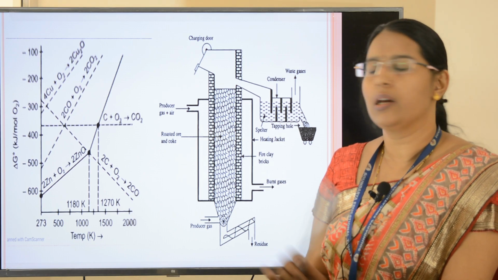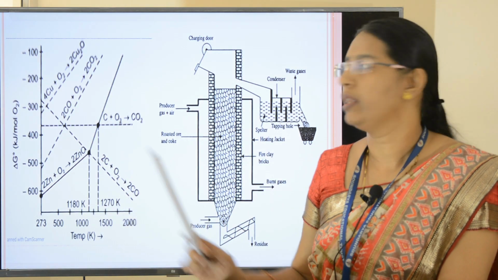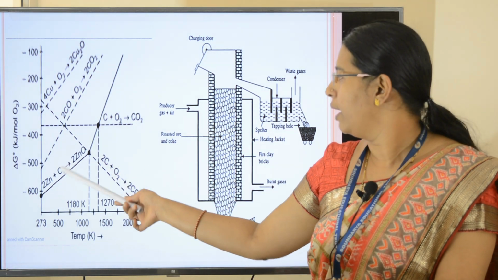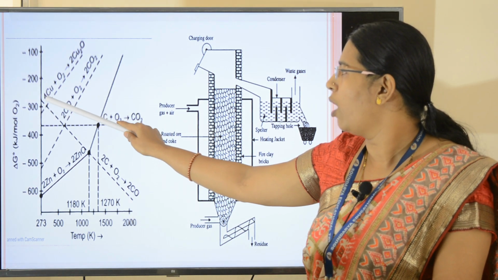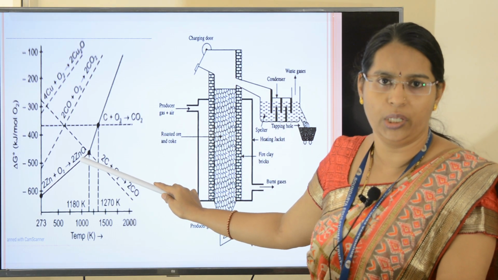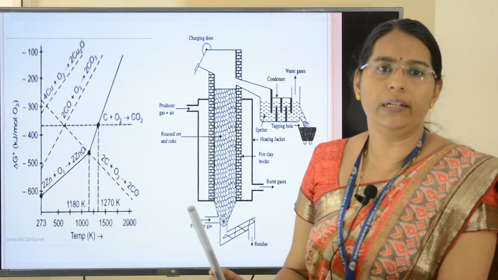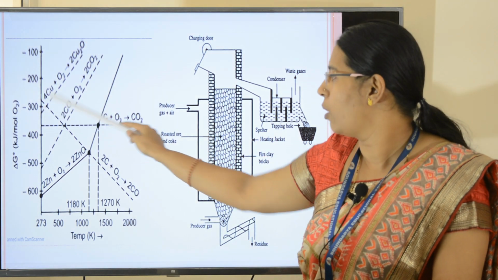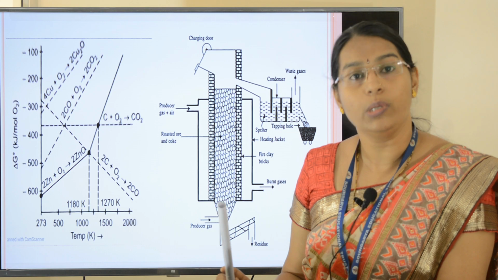Sometimes the question may be asked, why is the temperature for the reduction of zinc oxide higher than that for the reduction of cuprous oxide into copper? For that, again we can use the Ellingham diagram, and we can see that the plot for copper to cuprous oxide is higher than the plot for zinc to zinc oxide formation. Since it is in the higher position, it has a higher delta G naught value, and that is why it is very easy to reduce cuprous oxide, and it requires comparatively lower temperatures of about 500 to 600 Kelvin.